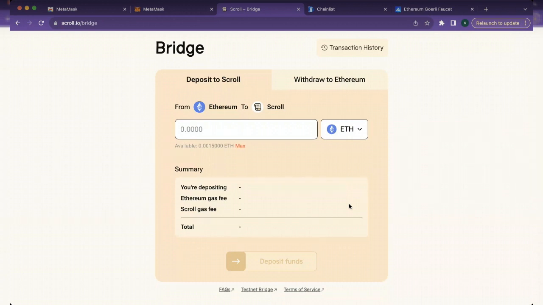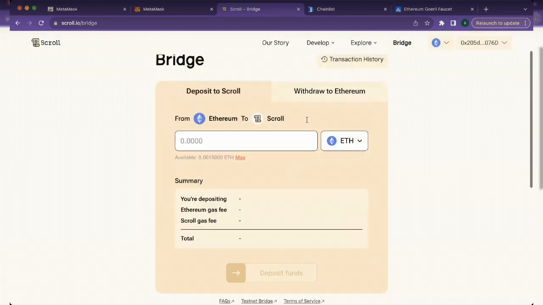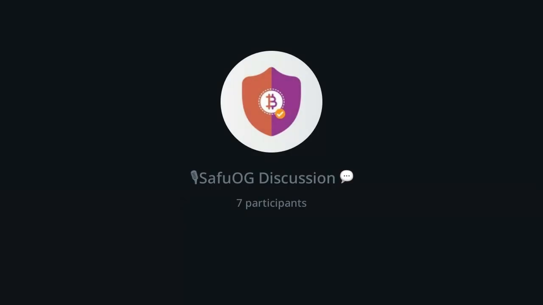Okay. So now it's telling me to bridge. So this is what we are talking about. Sometimes we might need to actually use some real money to interact on some of these when we are farming some of these projects. So we drop to Ethereum, so I can bridge back to Ethereum, I can deposit to Scroll. So these are the type of activities we are talking about. When we are doing these activities,